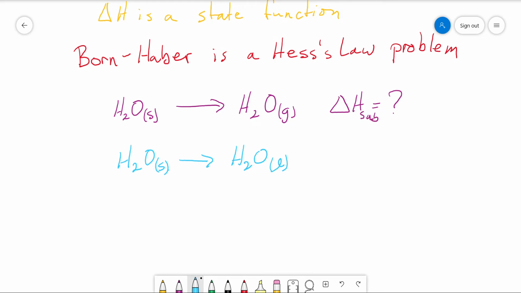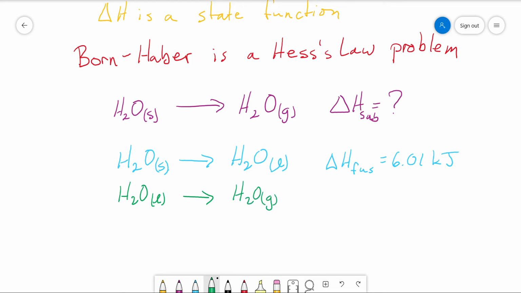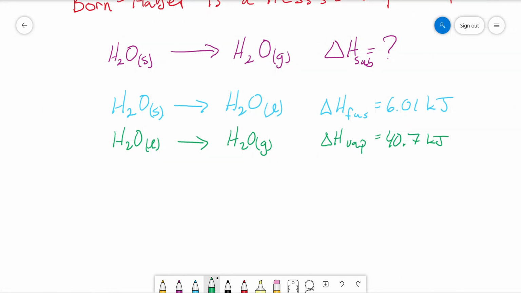Let me squeeze that in there. This is delta H of fusion. Fusion just means melting. 6.01 kilojoules. So I can look that up. I can look this up. H2O liquid goes to H2O gas. This is vaporization. Delta H vap. That's 40.7 kilojoules. Okay. So what I can do is I can take those two equations, the blue and the green, and